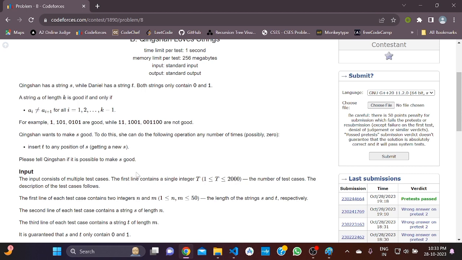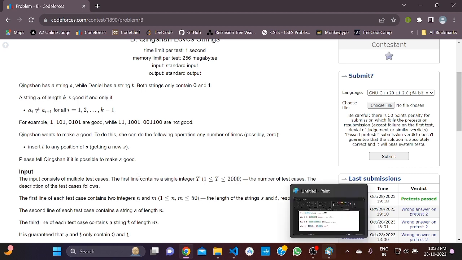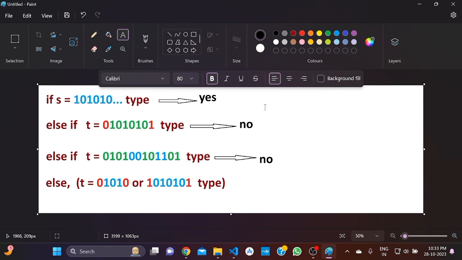So let's check the logic behind this. If your string S is already like 1 0 1 0 1 0, meaning adjacent characters are not equal, then you can simply print yes, because it is already in the form where no two adjacent characters are equal. Else, if